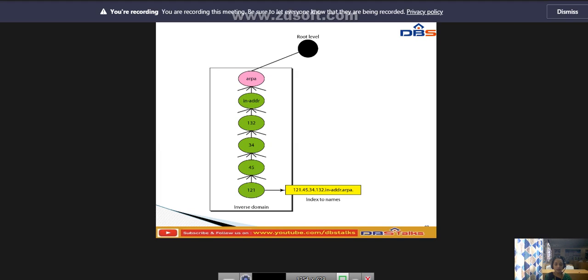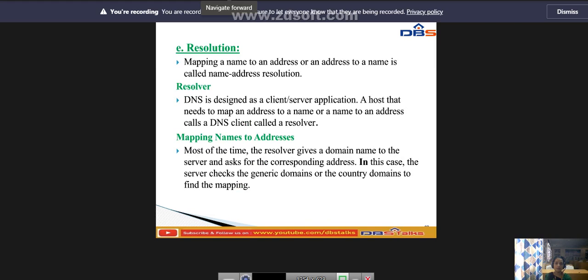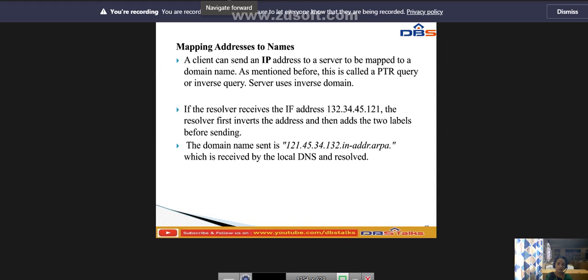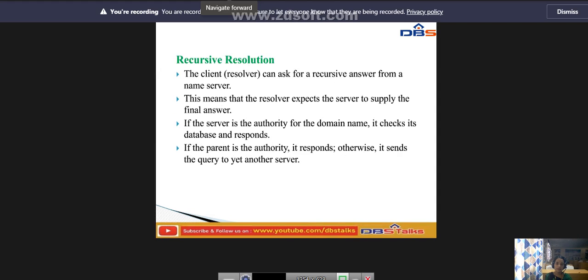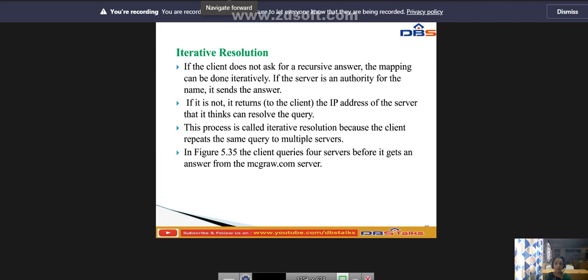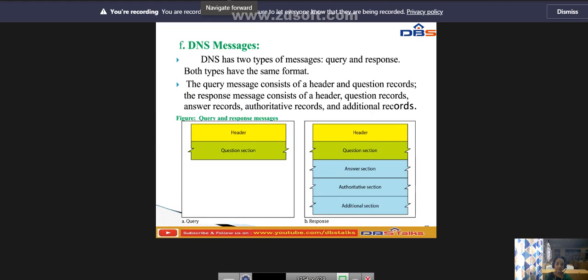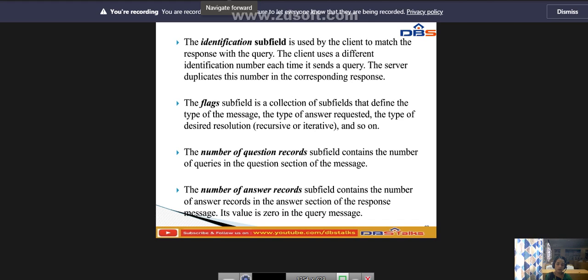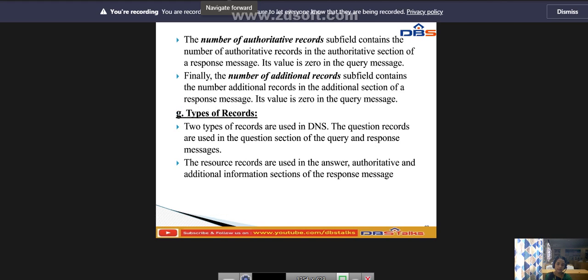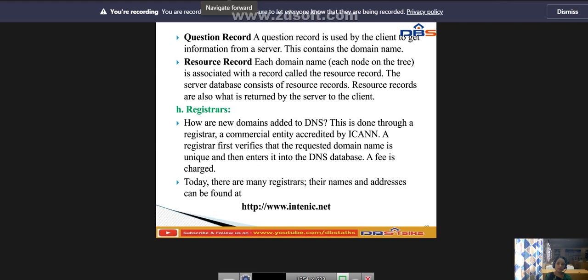In it we will have resolution: mapping names to addresses, mapping addresses to names, and recursive resolution and iterative resolution. Then DNS messages, header, and types of records, and registrars.